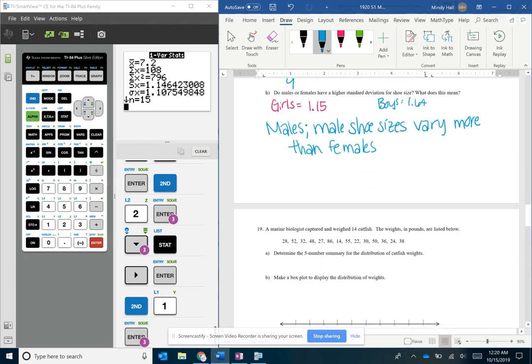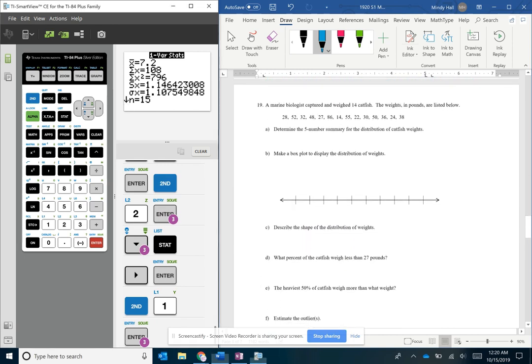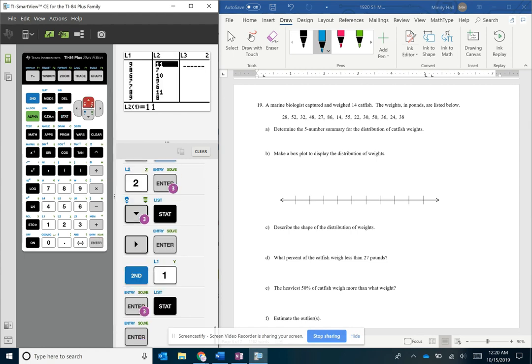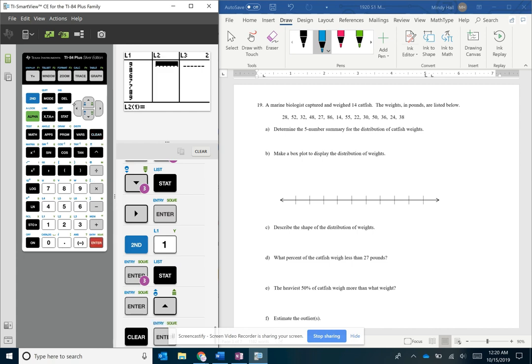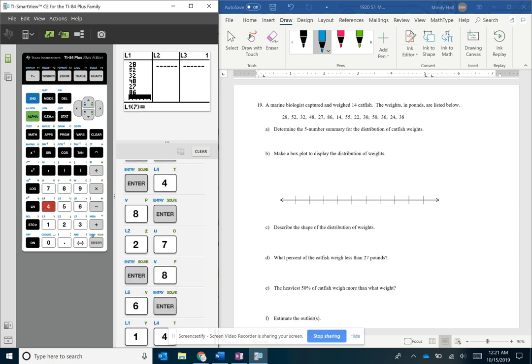So for number 19, we need to do a 5-number summary. So you're going to come back to your list. So you're going to hit edit, and I'm going to clear out my list because I am done with them. Clear. So for this marine biologist, we have 28, 52, 32, 48, 27, 86, 14, 55, 22, 30, 50,